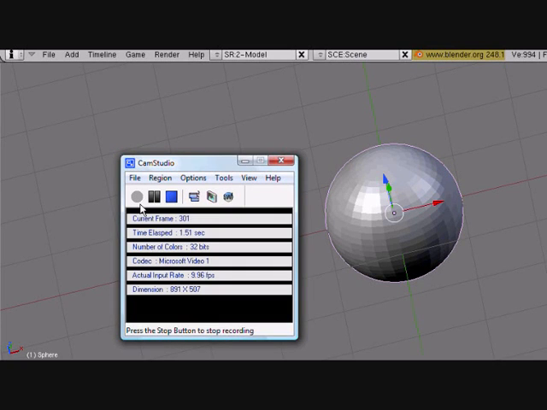Hey guys, this is CG Animator, and today I'm going to show you how to work with particles in Blender. This is part 2 of the particles tutorial, and I'm going to show you how to work with the